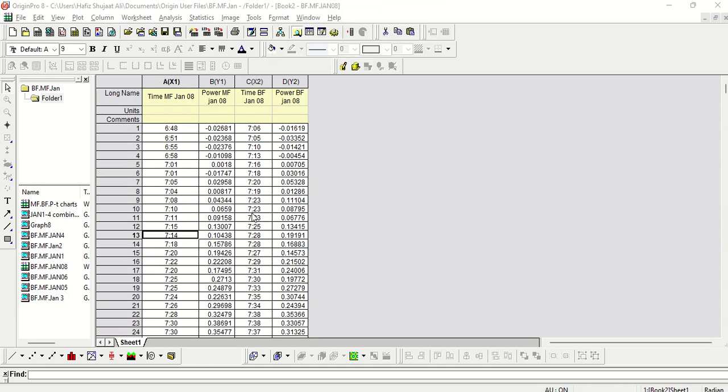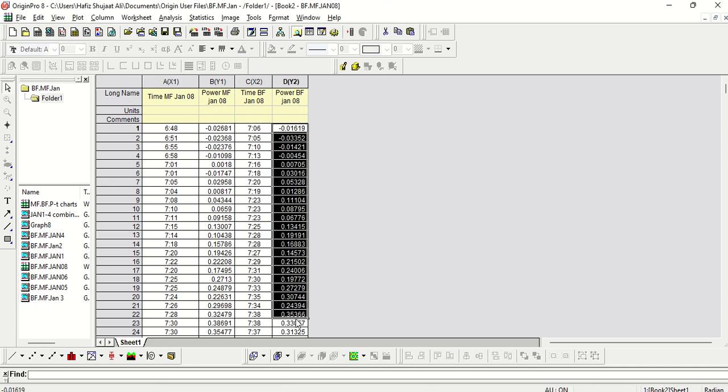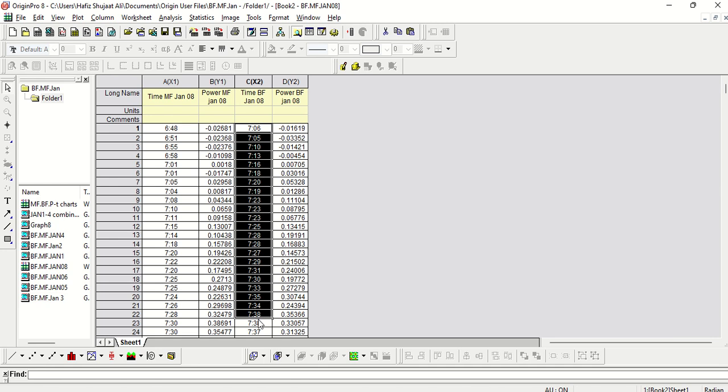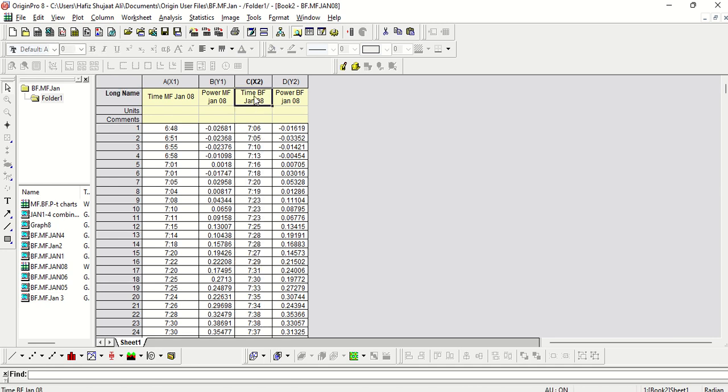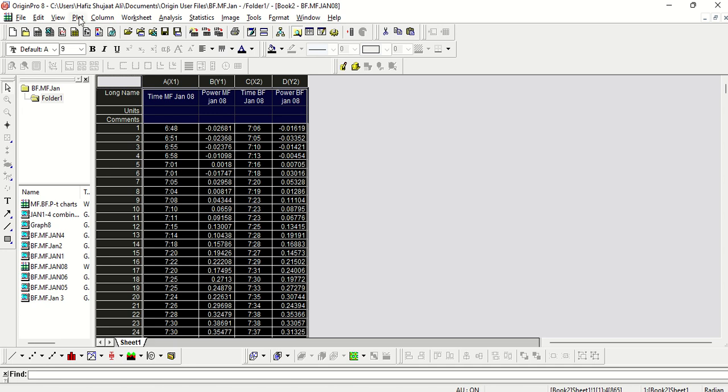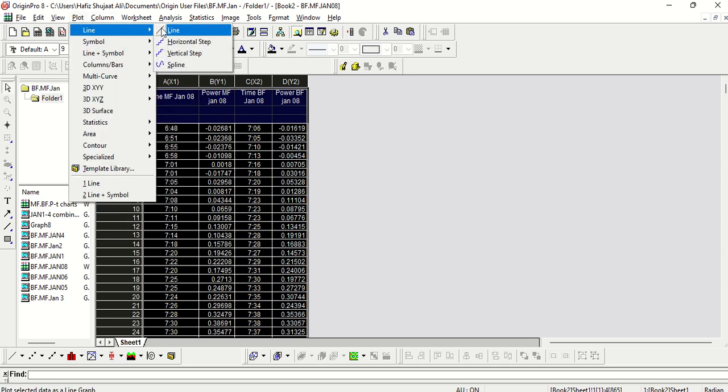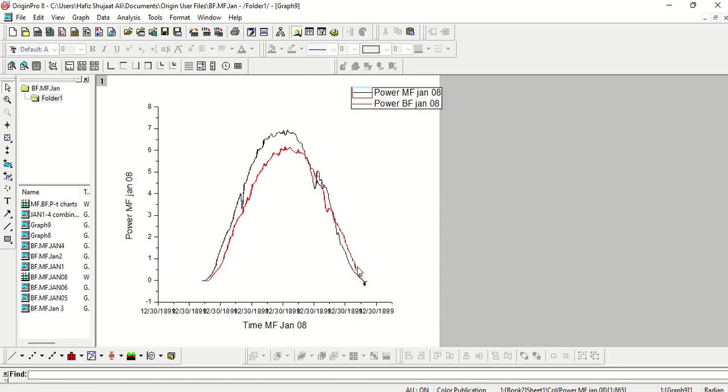Okay, so actually the problem was that I mistakenly did not add the total number of rows for the bifacial data set, right? So I added the whole data set, and now I'm clicking the whole data set, and now I'm going to plot, and there we have it. So this is the plot for the January monofacial January 8 power and power versus time. So this guy,